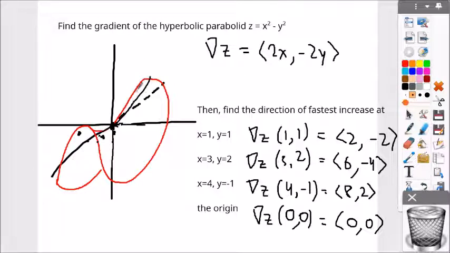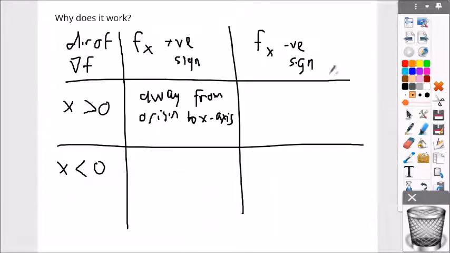It goes away from the origin to the x-axis, right? The direction of fastest increase, if you go farther and farther, goes away from the origin, because the gradient is 2x. Now, what about if f sub x has a negative sign? If your x is negative, or if f sub x is negative, and your x is greater than 0,